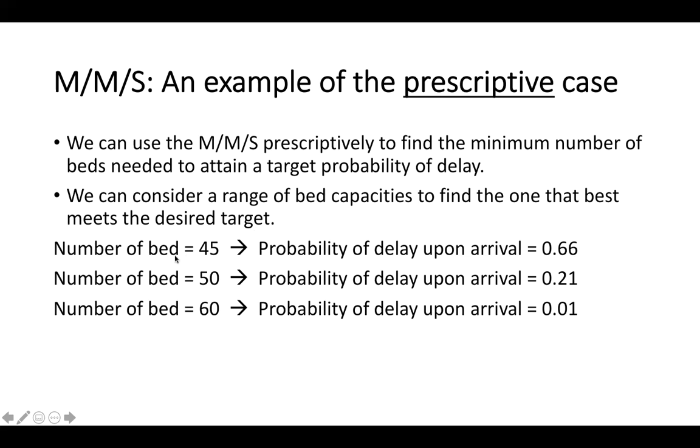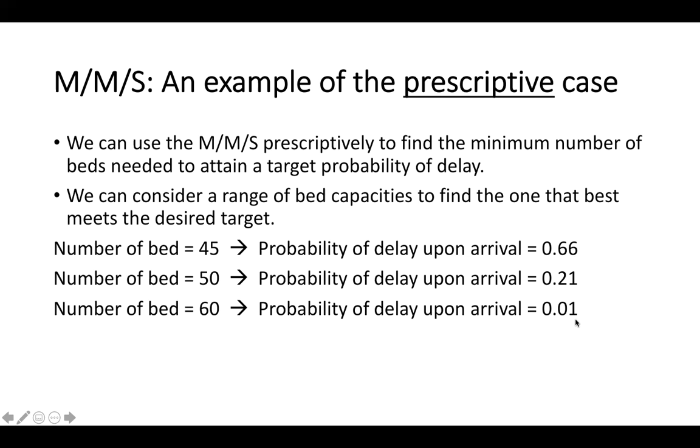And if I have 45 beds, then there is a 66% chance that when a patient comes to the system, they have to wait. They do not find a bed right away. If we increase the number of beds, obviously this probability is going to go down, to 2%. And here we can also try: if I increase the number of beds to 60, then we can see